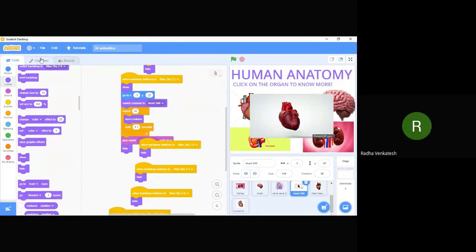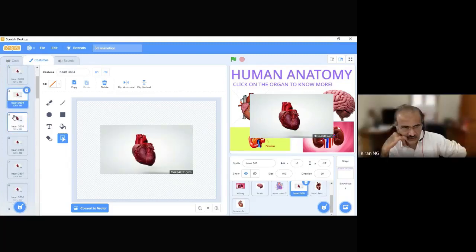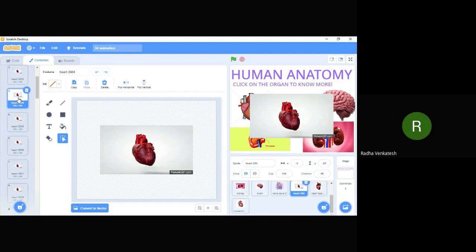This is actually a GIF which I downloaded. So when you import it to Scratch, it will automatically have all the costumes there. Wow. How did you find out that this is possible? Sir, by trial and error. I just imported a GIF and it had all the costumes, so I got to know we can do it this way also. Excellent. And the audio, you gave the audio, is it? Yes, sir. Me and my sisters.